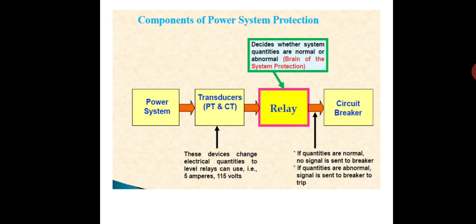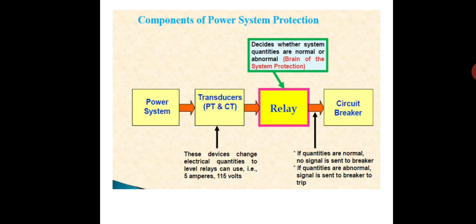If you are using a current transformer, its job is to step down, or reduce, the current. A line may be carrying 1000 amperes of current, but the current transformer will step it down to a very small current. A standard value is 5 amperes. Whatever the current on the primary side of the current transformer, on the secondary side it will be stepped down to 5 amperes. This is the role of the current transformer.